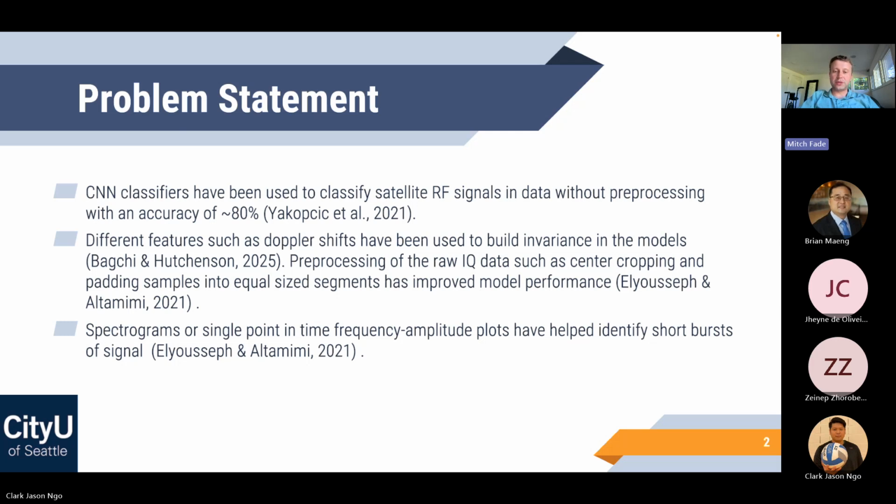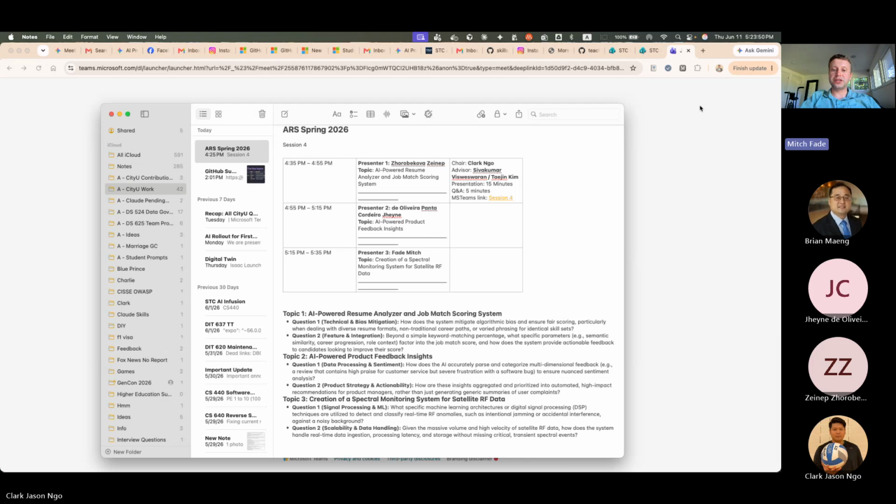Different features such as Doppler shifts have been used to build invariants in the models to make the models be able to classify satellite downlink systems in a variety of conditions, such as a satellite downlink signal experiencing a Doppler shift. Pre-processing the raw IQ data, such as center cropping and padding the samples into equal sizes,